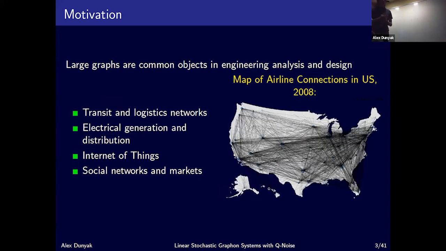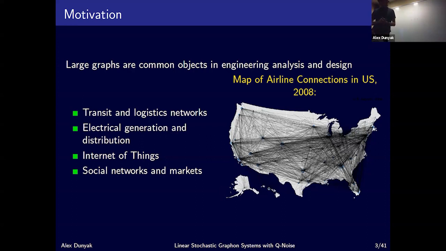So large graphs are obviously very common in engineering contexts. For example, you have transit and logistics networks where you're trying to optimize the amount of goods that you ship from one location to another. You have electrical generation and distribution. You have the Internet of Things where you're trying to coordinate these large networks of devices so that they give you feedback into the state of society. And in a more general sense, you have social networks and markets that you can analyze and